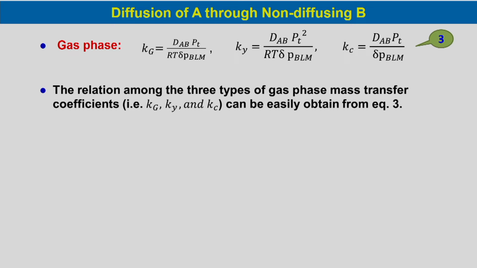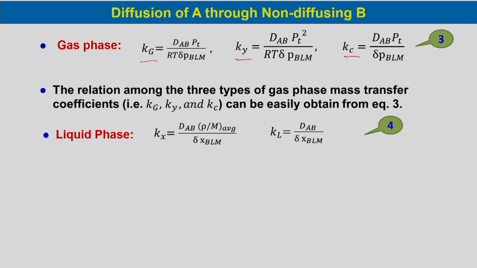The relation among the three types of gas phase mass transfer coefficient, that is Kg, Ky and Kc, can easily be obtained from these three relations. In case of liquid phase, we can write Kx would be equal to dAB rho by M average divided by delta xBLM, and KL would be dAB by delta xBLM. So, this is equation 4,